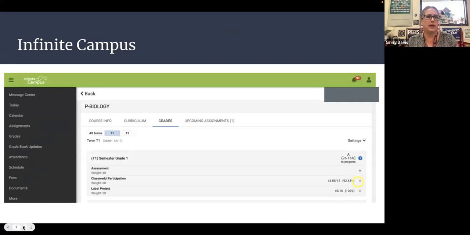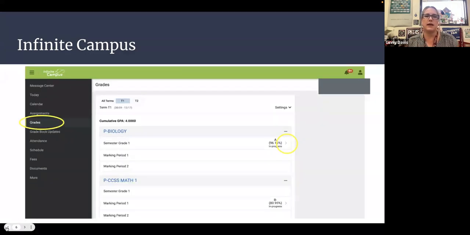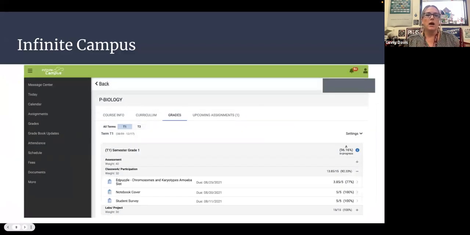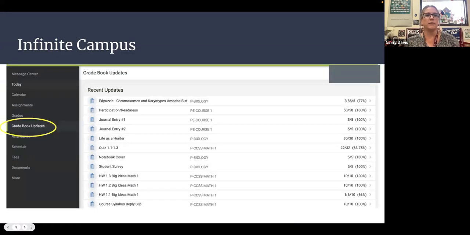I think this is if you went in and clicked on an assignment. Where this little arrow is, a circle, sorry, I'm touching my screen like you can see my finger. If you were to click on that arrow, that's what takes you to this. And then you can see detail of the grade if the teacher is using Infinite Campus as a grade book. And again, you can see a breakdown of assignments. We're going to get into this in Canvas also.